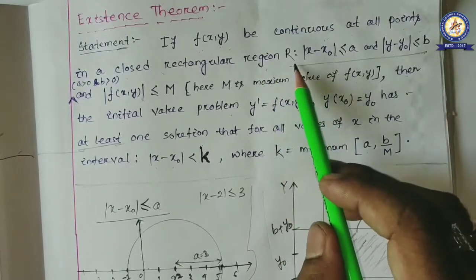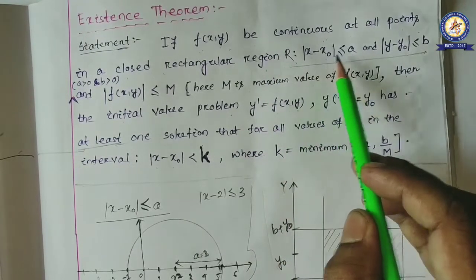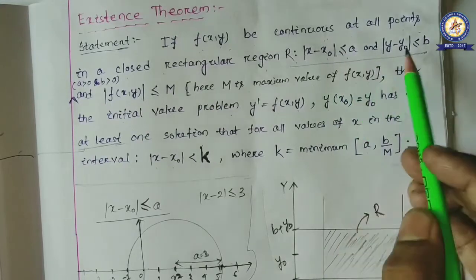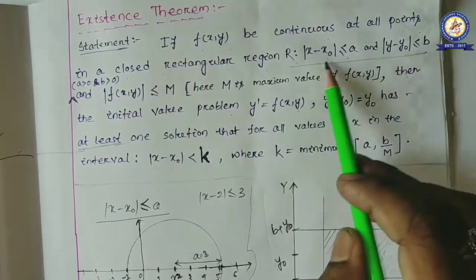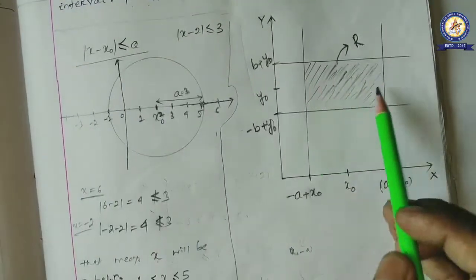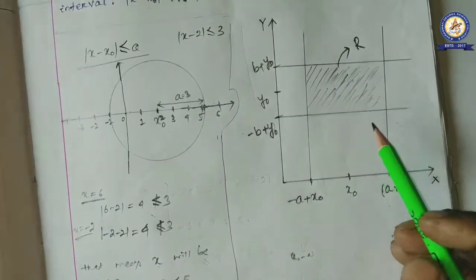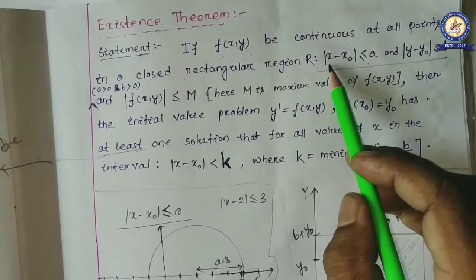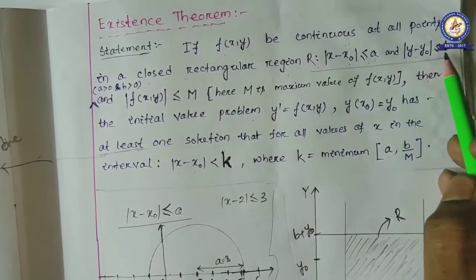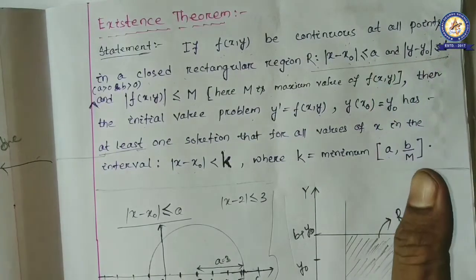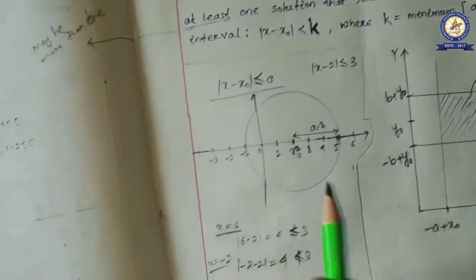So here the region is |x − x0| ≤ a and |y − y0| ≤ b. This defines a rectangle like this. Okay, so what is the range of |x − x0| ≤ a, |y − y0| ≤ b? That we have to first understand, right? So here